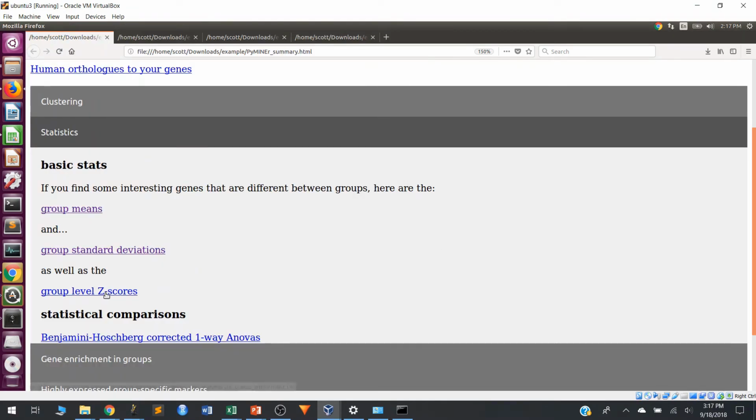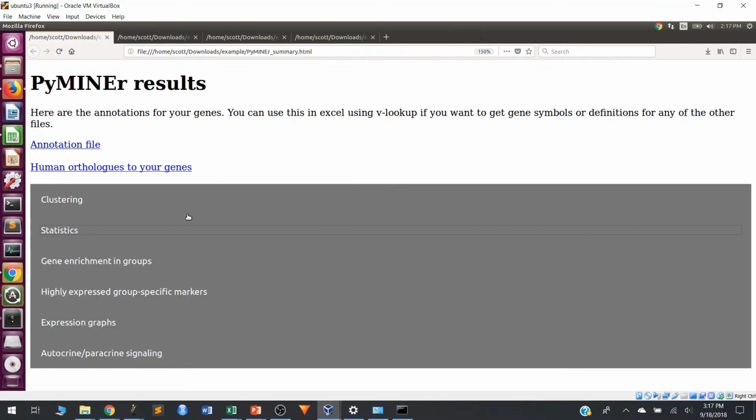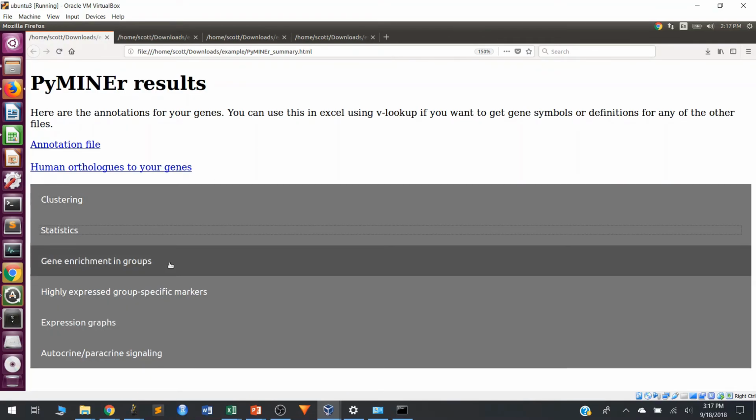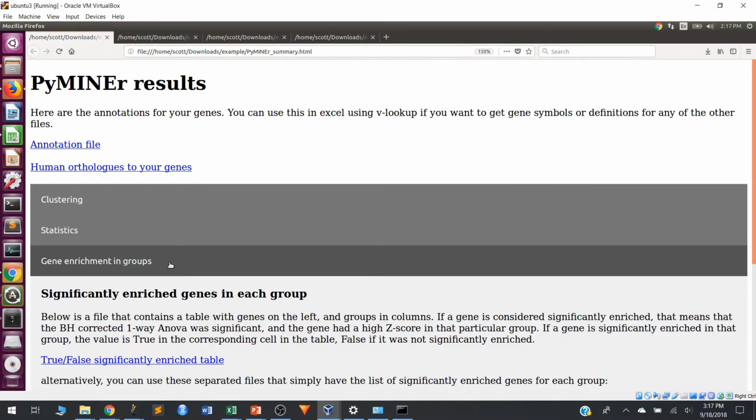And so another thing that's in there is the group level z-scores, and then the last thing that's in there is the Benjamini-Hochberg corrected one-way ANOVA, which is looking for whether or not something is differentially expressed across all of your cell types or groups if it's not single cell RNA-seq. So this tab, Gene Enrichment in Groups,